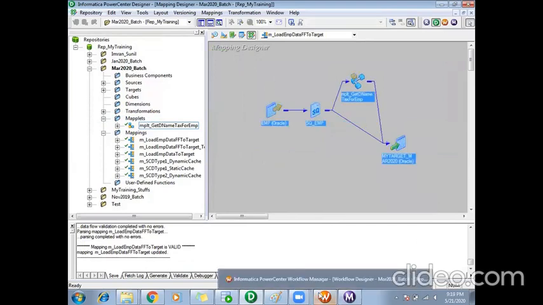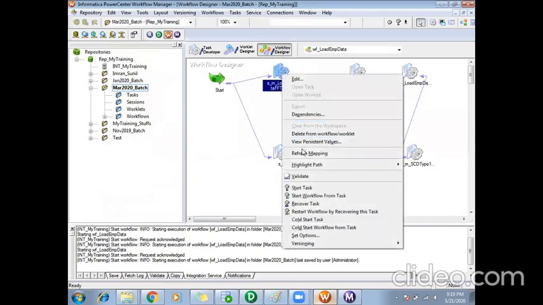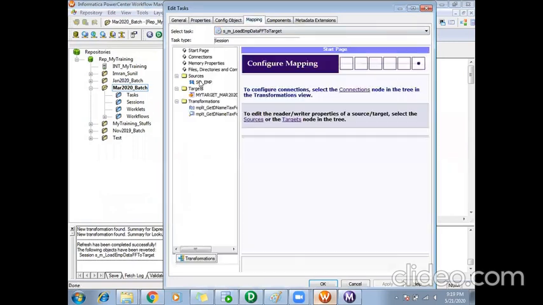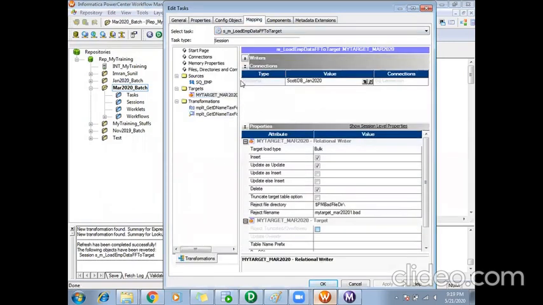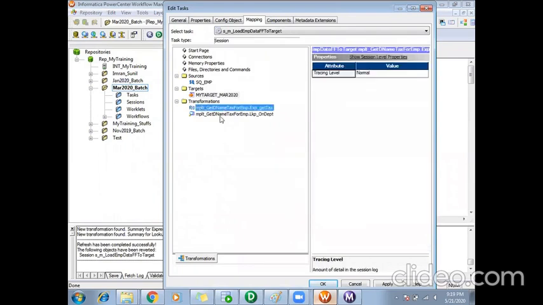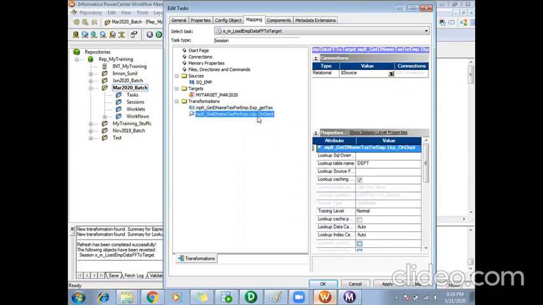Now if I refresh my mapping and rerun it, before rerunning, if I go to the mappings tab, I'll truncate the data before load in my target. In your transformations here, this is how the maplet looks. It will tell you the maplet name dot the transformations you have used there: maplet dot expression dot underscore get tags, maplet dot lookup on department.